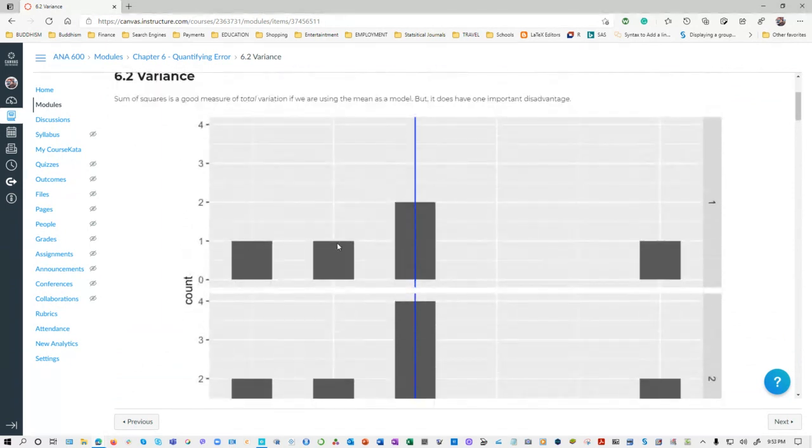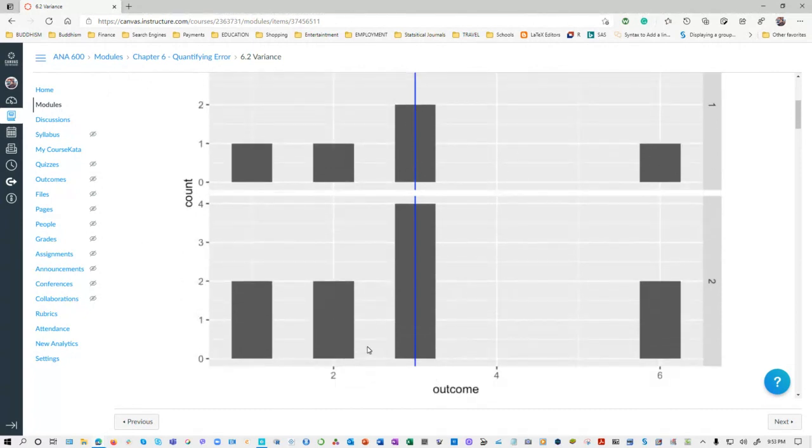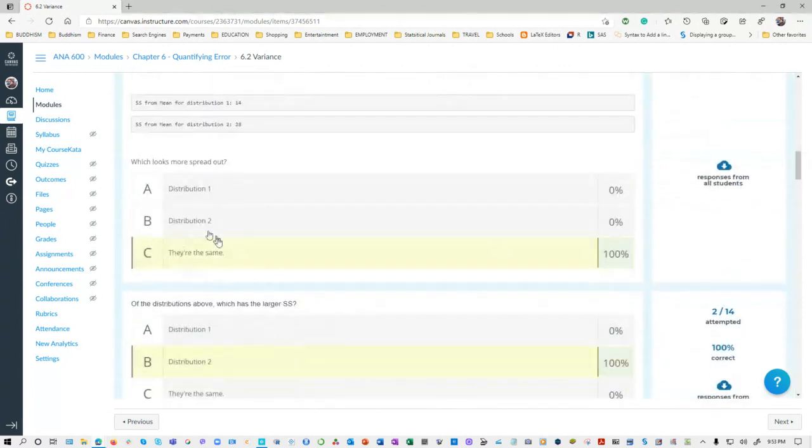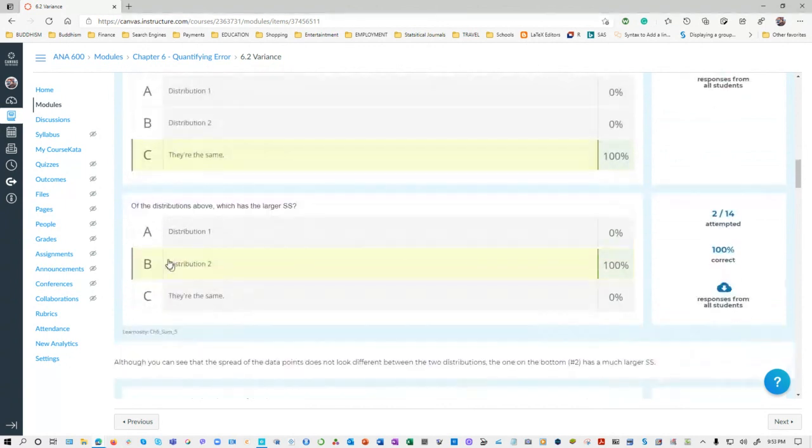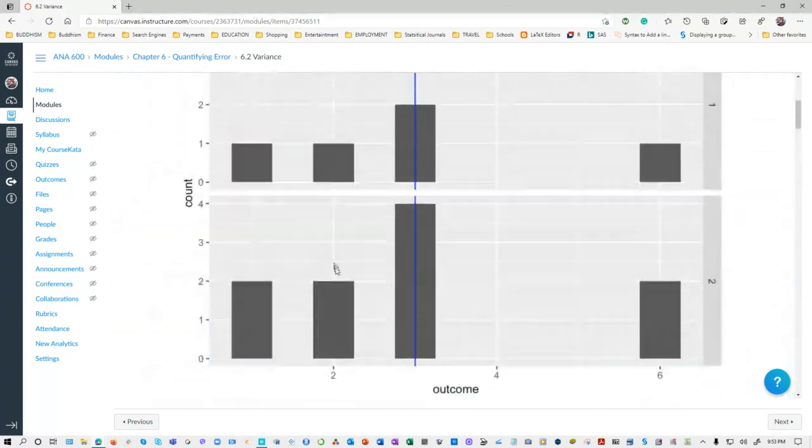Here 1, 2, 4, 5, 6. But they are spread out, look the same. But if you go ahead and calculate each and every data point, subtract from here, see? Subtract from here, see? Deviations. That's spread out the same. But the sum of squared residual would be more for this one, because of that in the equation, and